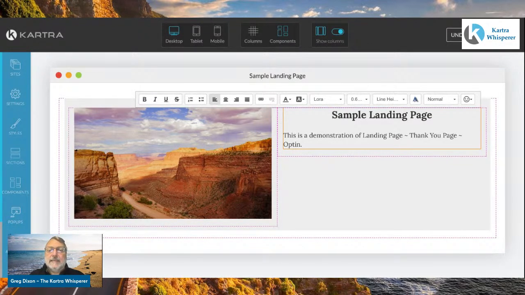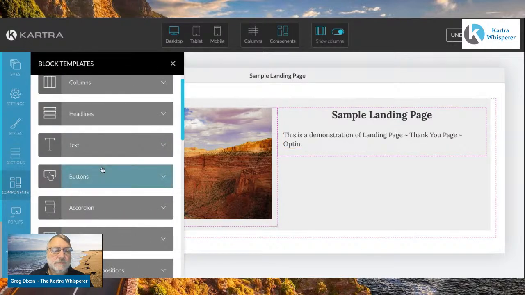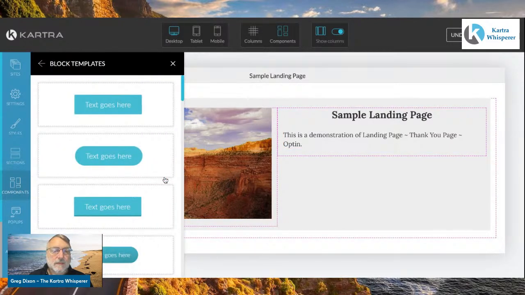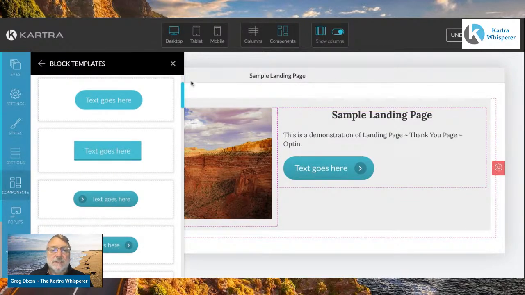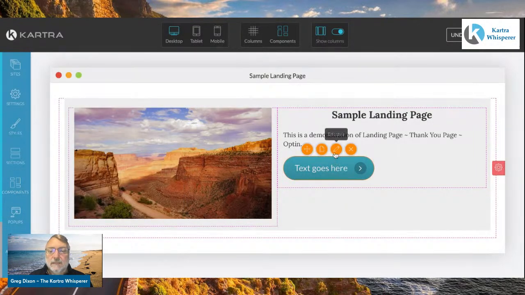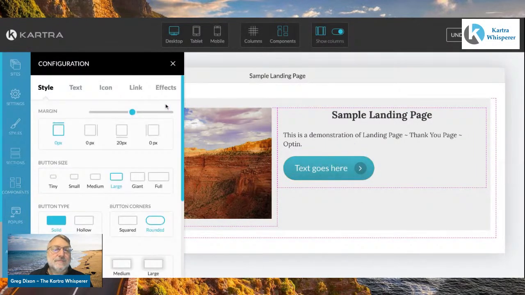And the next thing is we're going to connect it to a button. One of the weird things about Kartra is that we will need a landing page for this as part of the sequence. So what I'm going to do here is put the button in. There are a bunch of different button styles that you can do. We'll just choose this one here, and if we edit it,